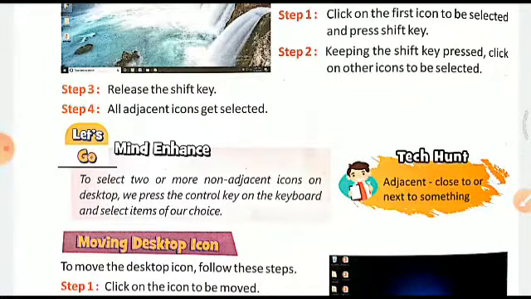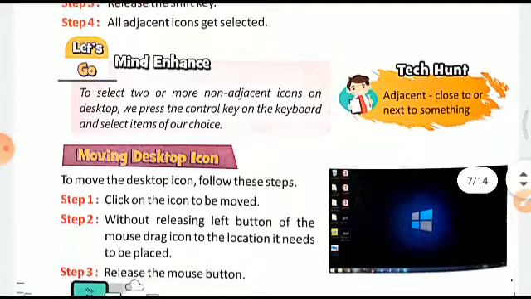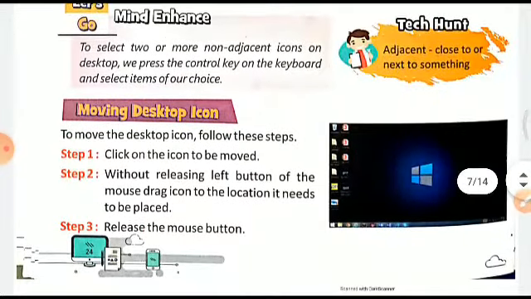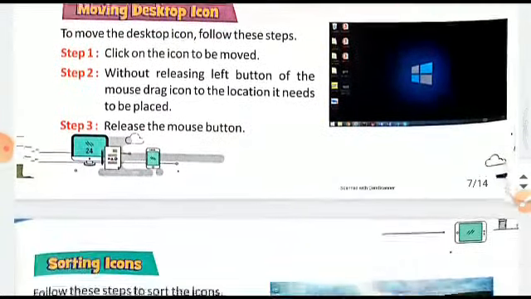It is written to select two or more non-adjacent icons on the desktop, we press the Ctrl key on the keyboard and select items of our choice. Right? For adjacent icons, we press the shift key. For non-adjacent icons, we press the Control key. Right, children?